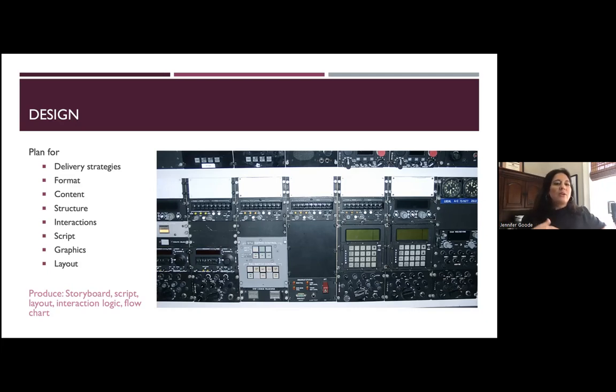So this is where we're talking about, how are we going to deliver this? What kind of format? We used computer-based training. You think, why didn't you use web-based training? This is before Wi-Fi. Also, these folks sat on TDY, which is a fancy military term for sitting in a schoolhouse, and they couldn't have internet, so it had to be independent of that because they were on call, on duty, ready to deploy at any time. We had to make sure our training could work in that scenario with or without internet. This was back when we had to put it on the computer, and that was specifically designed for their situation.